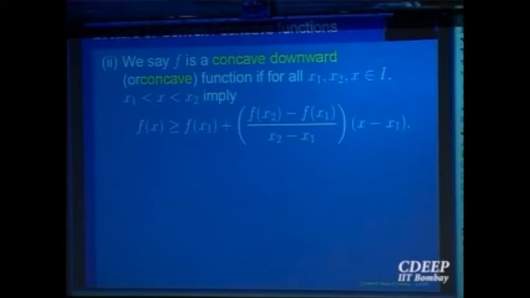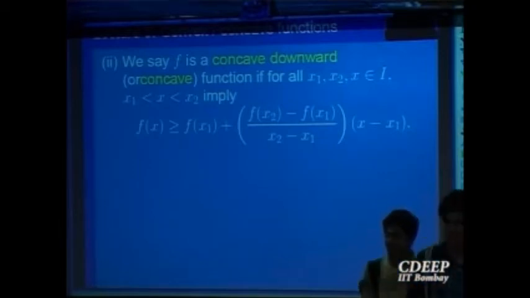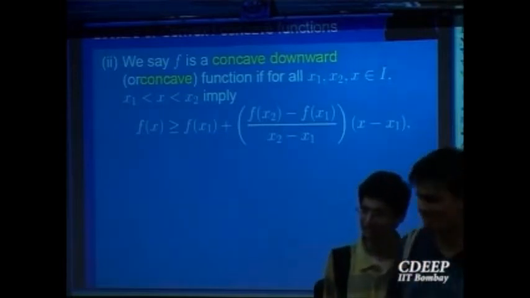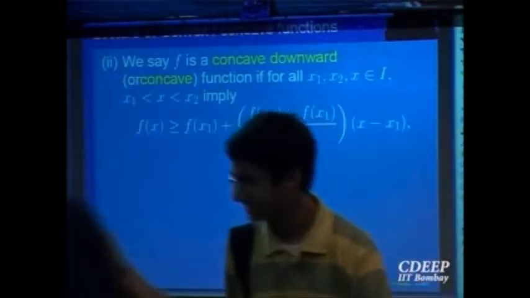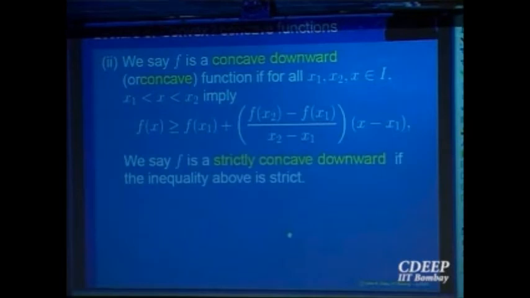Is it clear? Concave downwards is like a cup put upside down. Concave up is like a cup up. Okay? Geometrically we have already seen these properties. And if these inequalities are strict, instead of bigger than or equal to, you say it is strictly bigger than, then you say the function is strictly concave. You add the word strictly. Otherwise, if it is bigger than or equal to, you say only concave downward or concave up.